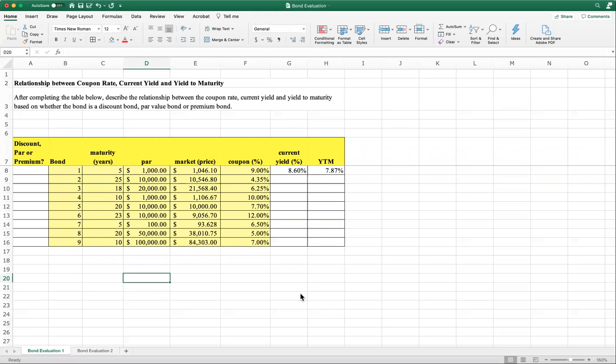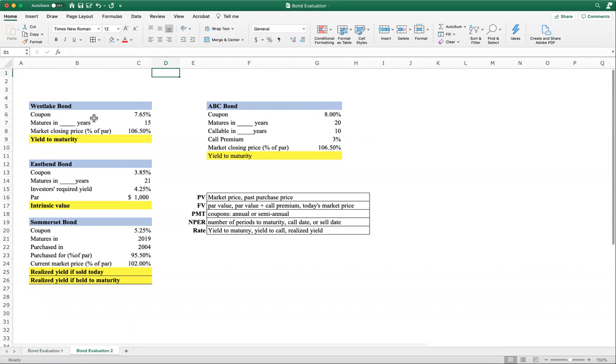Hello, guys. So today we're going to talk about bond evaluation. So there are two worksheets here. First, this is a general example, and we're going to go through these specific individual examples, and I will summarize why the way you approach any bond problems